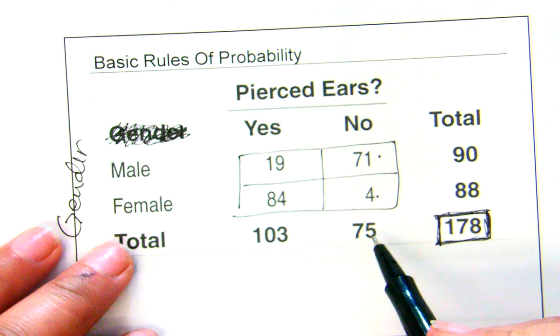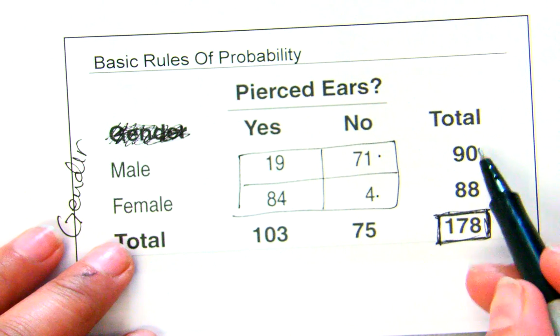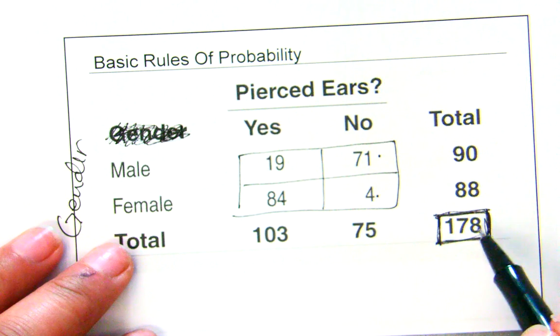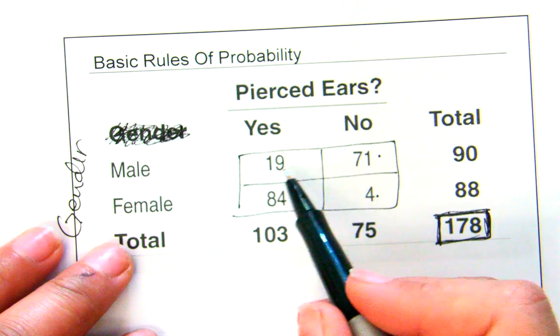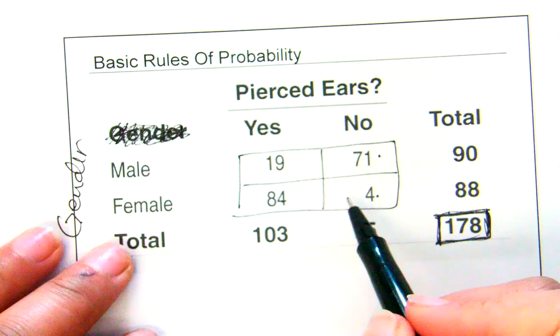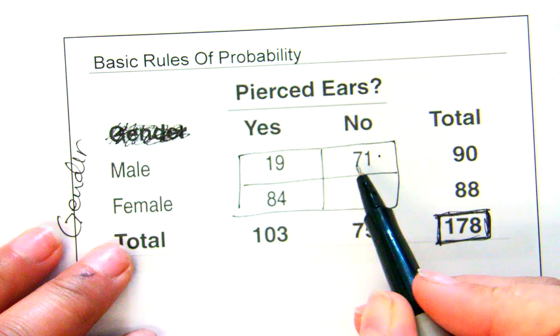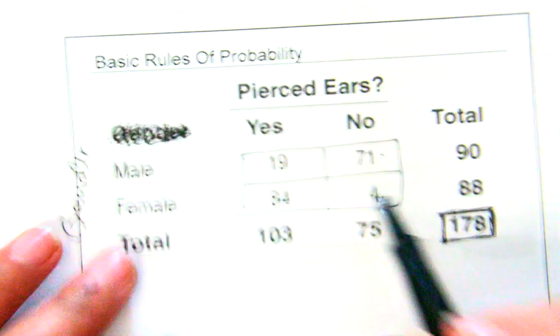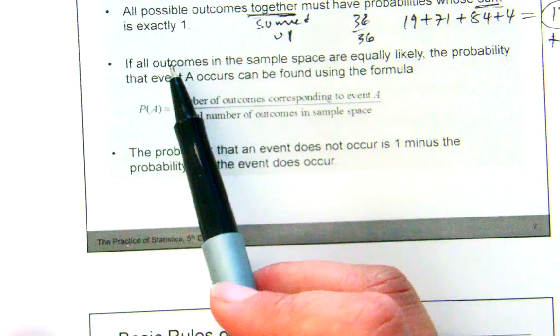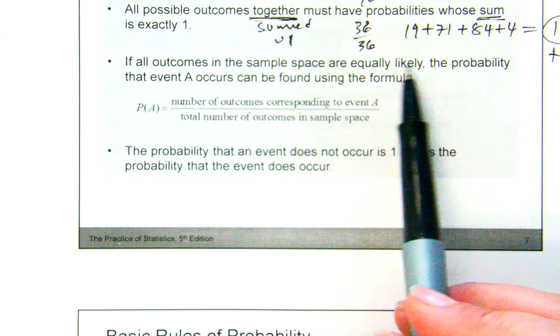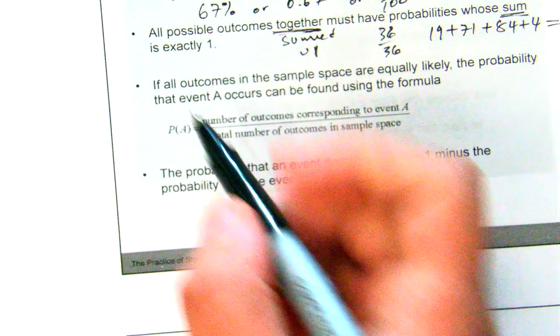The total 103 plus 75 should equal 178, and 90 and 88 should equal 178, which is fine. But this sample space, technically, is these 4 available spots right here: 1, 2, 3, 4. And then, if all outcomes in the sample space are equally likely, that's a